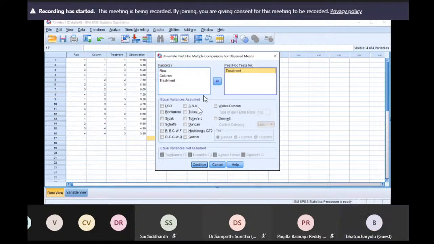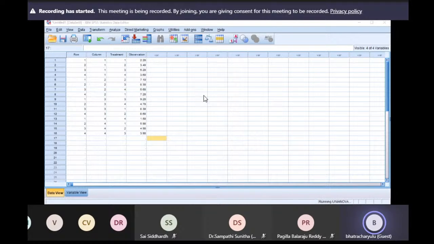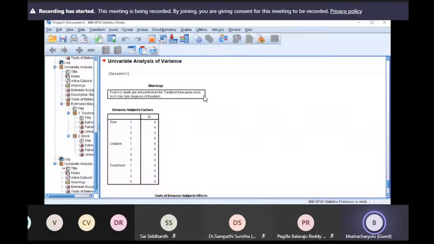Okay. Only that, you select LSD. That's enough. Okay. Continue. And just select the OK button. So this is row, column, and treatments. So I will show the